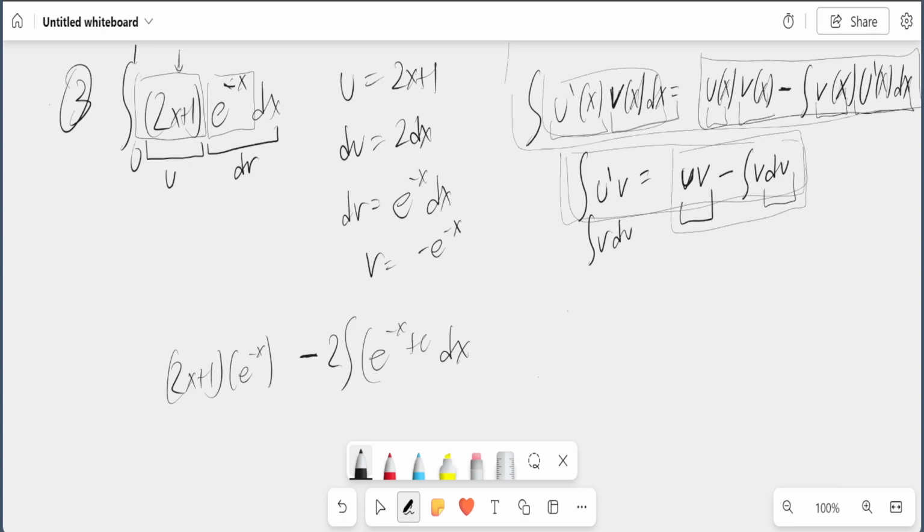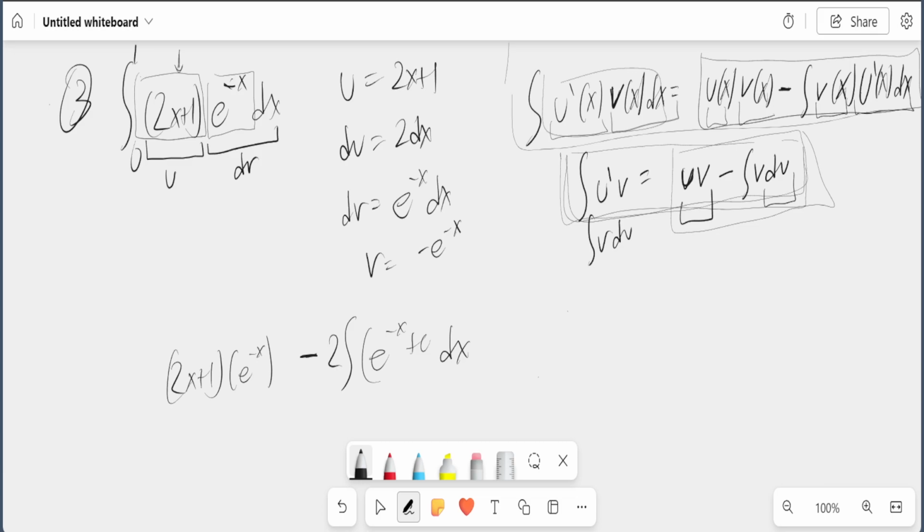I see what you're trying to say, and it's basically the logic for picking. Do you understand where this comes from, the product rule, or do you want to see that again? Okay, so that I understand. The reason I chose this for u and this for dv is, the way I would explain it,